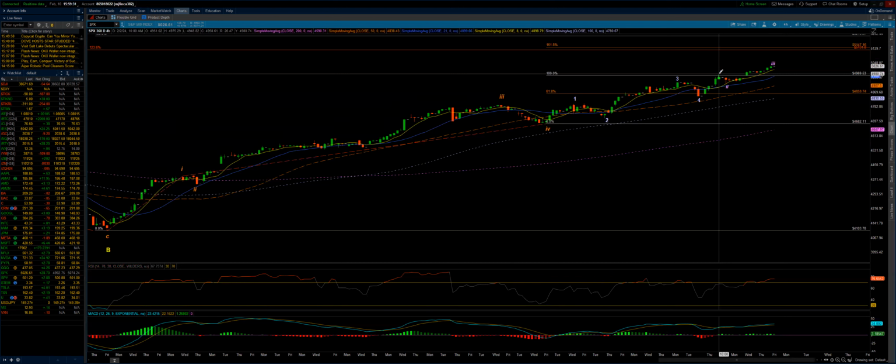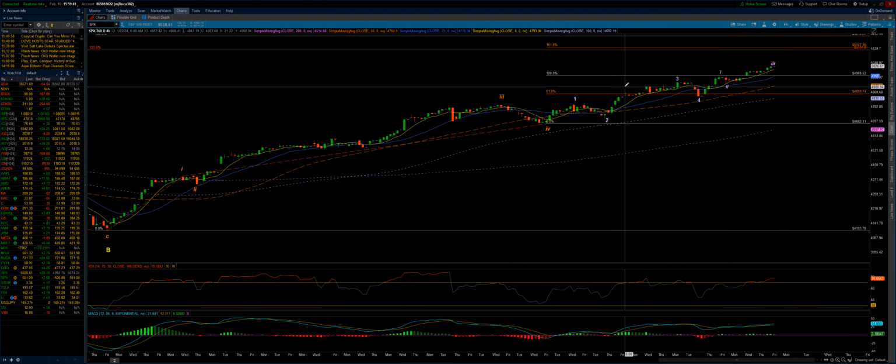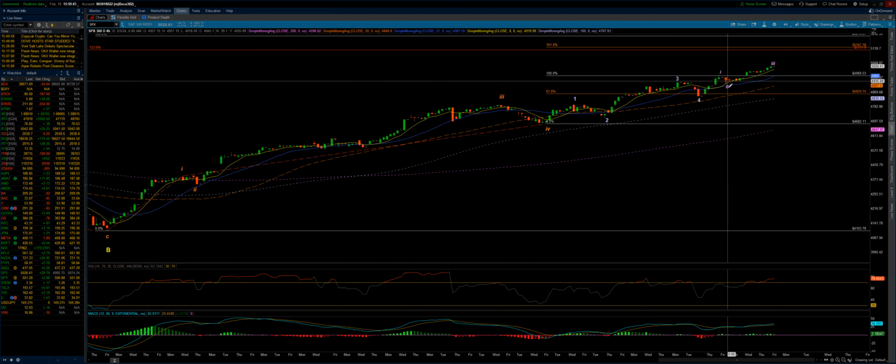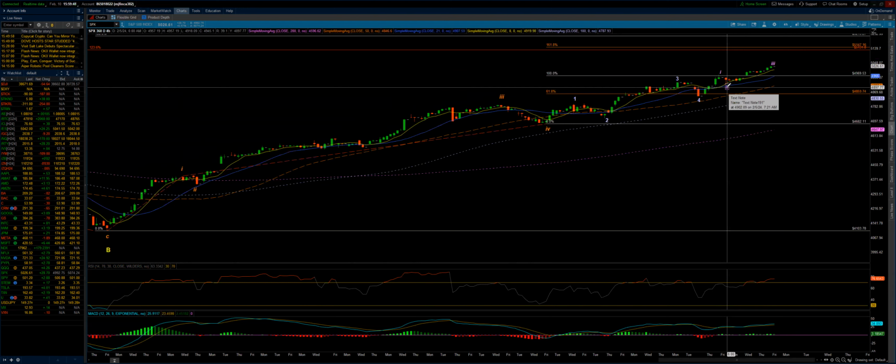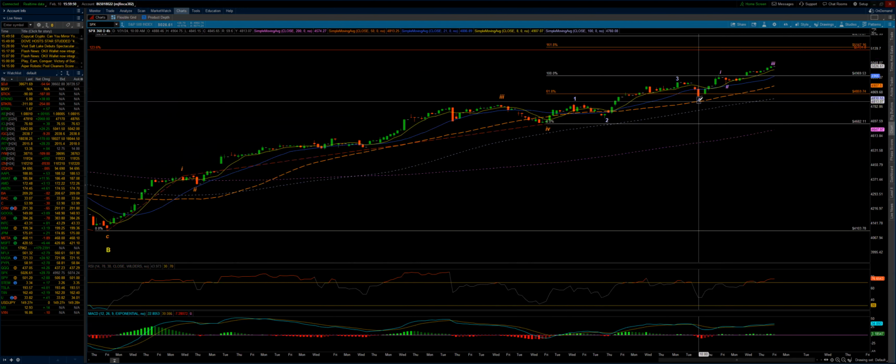And on an hourly chart, I needed to see 5 waves clean down off of that high at 49.69, I believe it was. We didn't get it. We got 3, and the rally picked up again. So it became wave 2. So off of this minute wave 4,